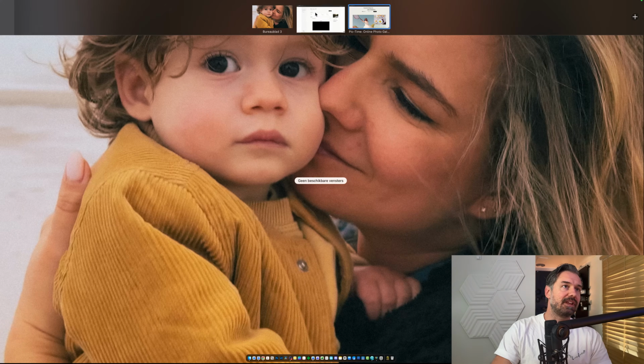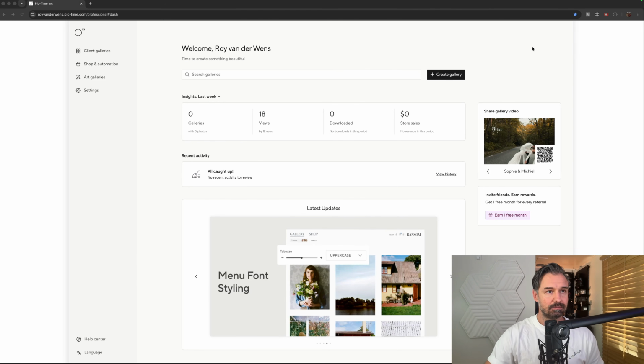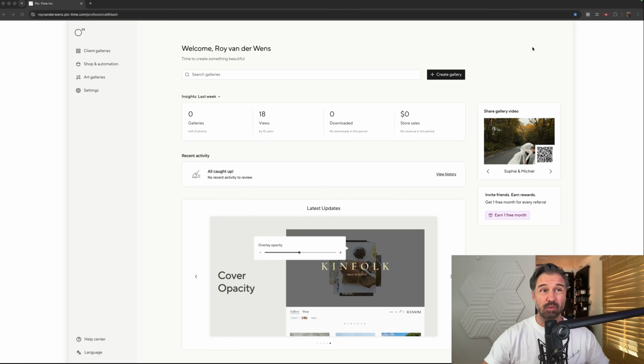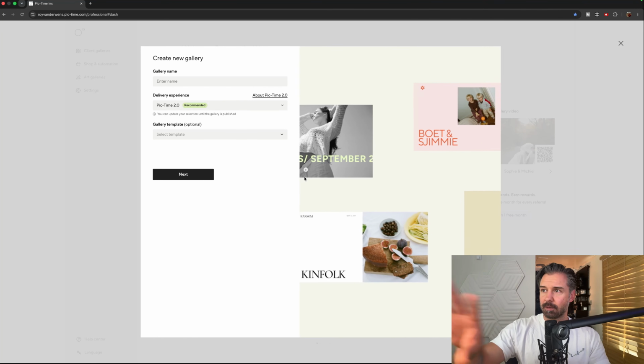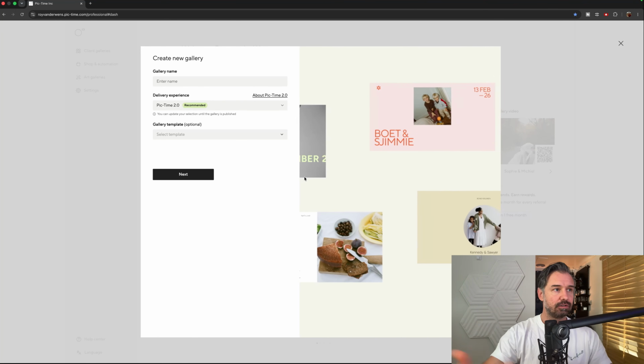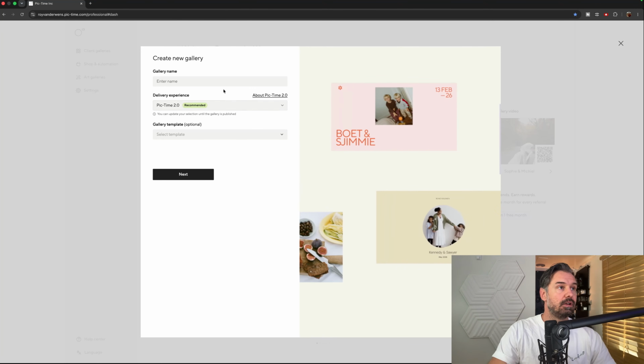But let's dive into the Pic-Time gallery. So this is my Pic-Time gallery. It's a simple gallery, and in this gallery I can do stuff after the wedding. And let's just start creating a gallery and check out what's going on and what it does for me. I'm a hybrid photographer, so I shoot photo and video. So I grabbed a wedding with some photos and videos to upload to check out what it's doing. Well, this is a gallery name. I'll make it a YouTube test. Well, let's make it the names of my wife and I.